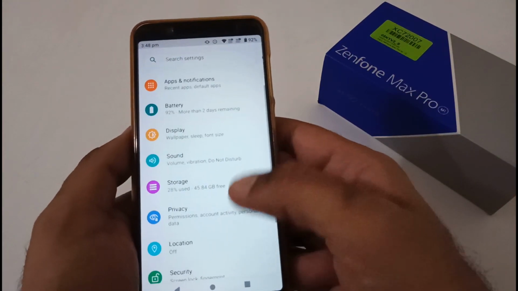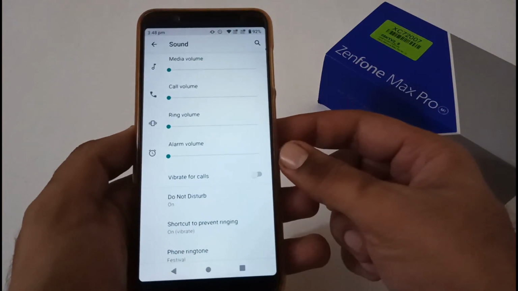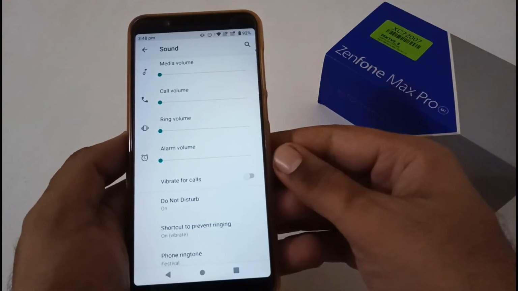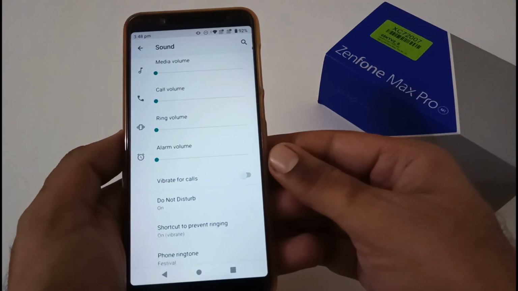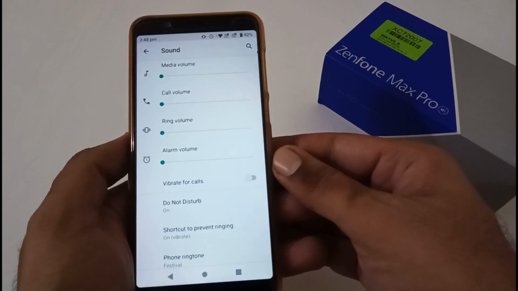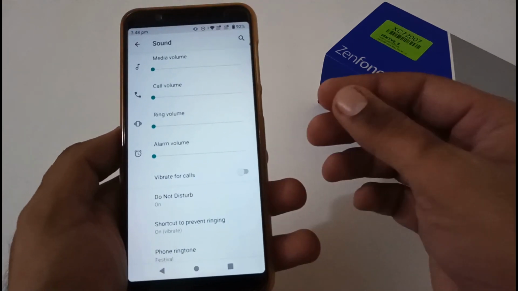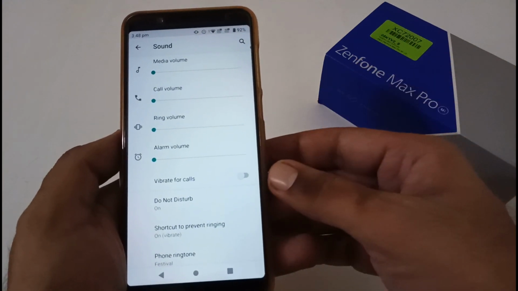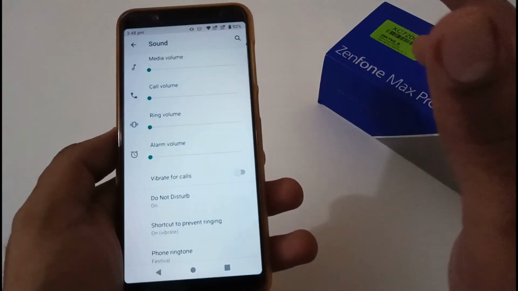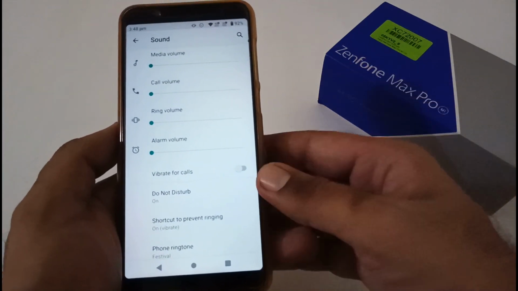So after the storage section, now let's move to the sound section. As per the changelog by Asus, they have mentioned that they have improved the bass related thing, however you pronounce it. Even according to my experience, I still feel that there is an improvement of at least 30 to 40%, or I would say 40 to 50%. So let's hope maybe the next version, not sure whether the beta or stable, is released by Asus.